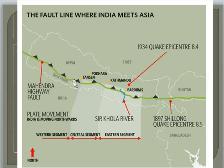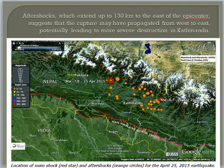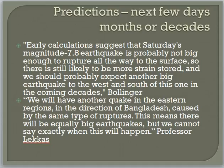So this is the fault line, and it's because of this fault line that Nepal is very earthquake prone. It is throughout the entire length of the country. So what does this mean? Some researchers have said that it is likely that another earthquake, a big one, will need to take place because there is not enough energy that has been given out. It has to slip some more. There's too much friction. The plates have to slip because it's building up several meters a year, and so we need to rupture that, and so there will be an earthquake the same size as what was experienced, 7.8,